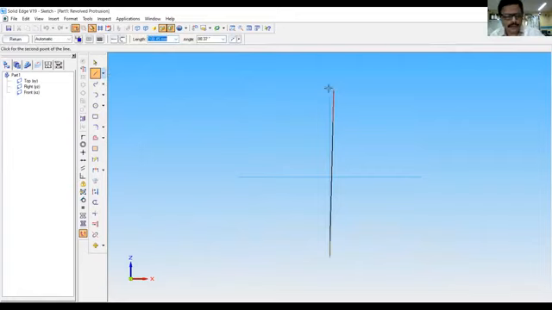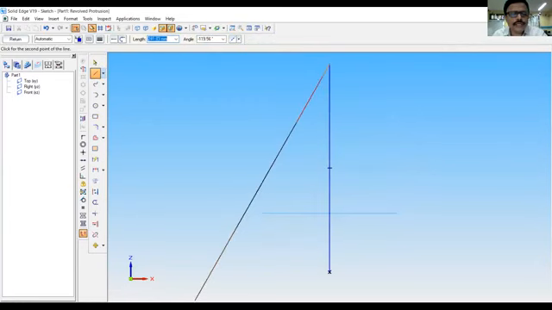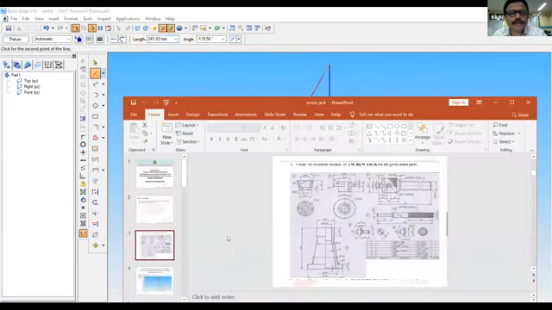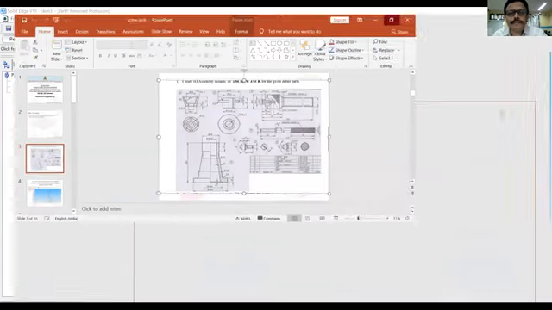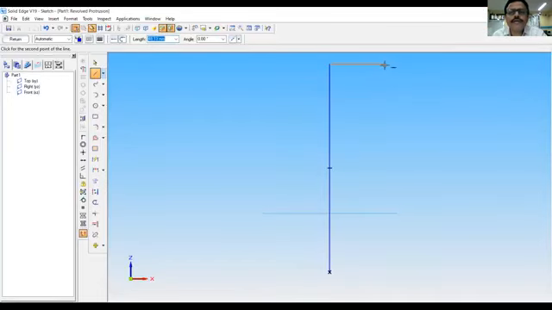Line. This is 185 mm. And if you see the diagram here, it is 70 mm diameter and 50 mm diameter here. Let us do that. So 70 means half of 70 is 35.